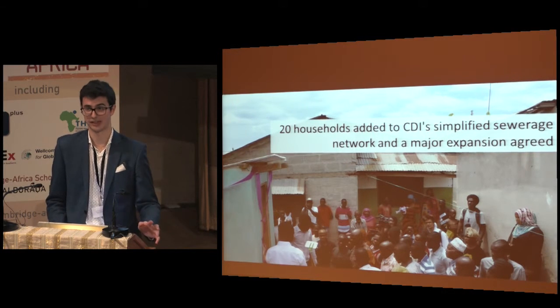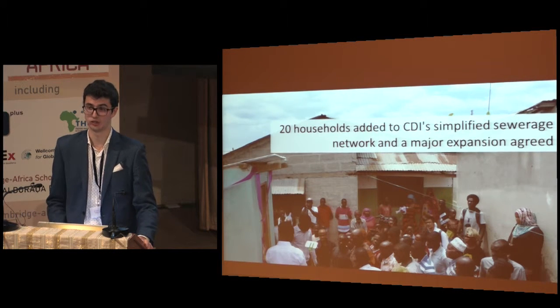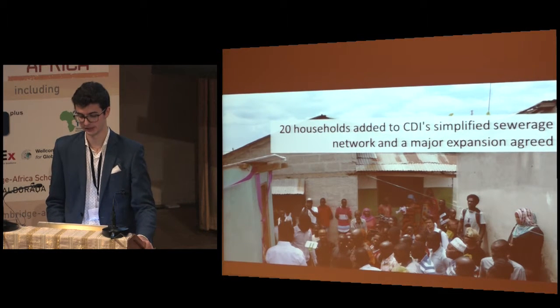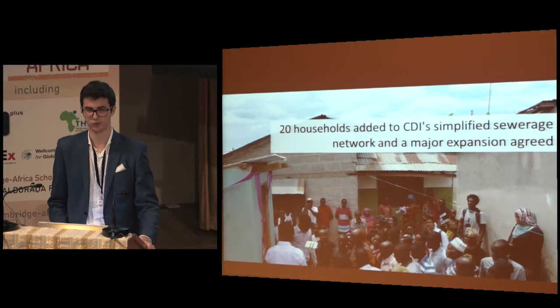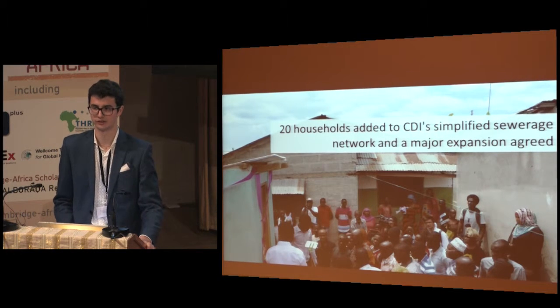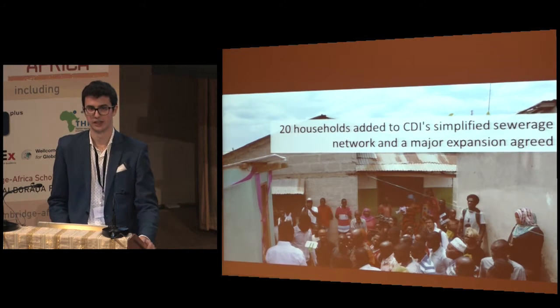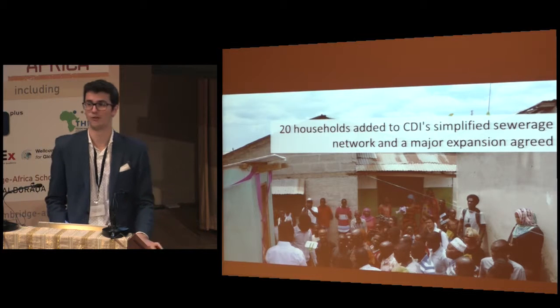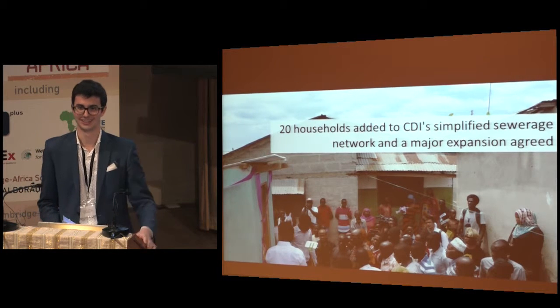It can be at least partly built by the community. They can afford to pay for it. And most importantly, they can maintain it themselves. So it's both sustainable, but also empowering to the communities where we built this. And over the last 3 years, we've added 20 households every year, roundabout. And it's now covering 500 people who benefit from improved latrines and a radiant Cambridge blue and the sewage network